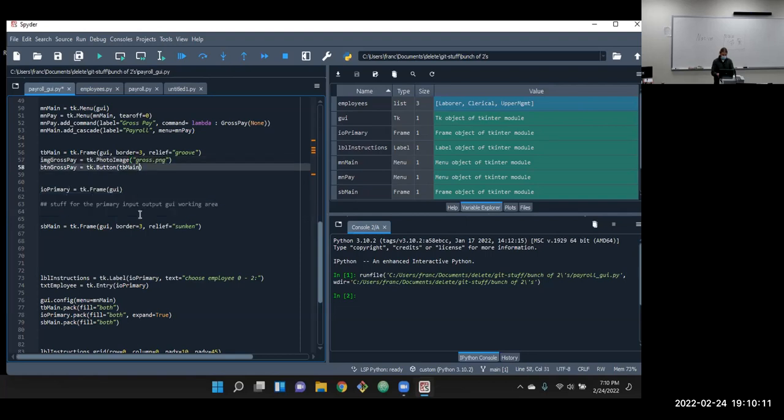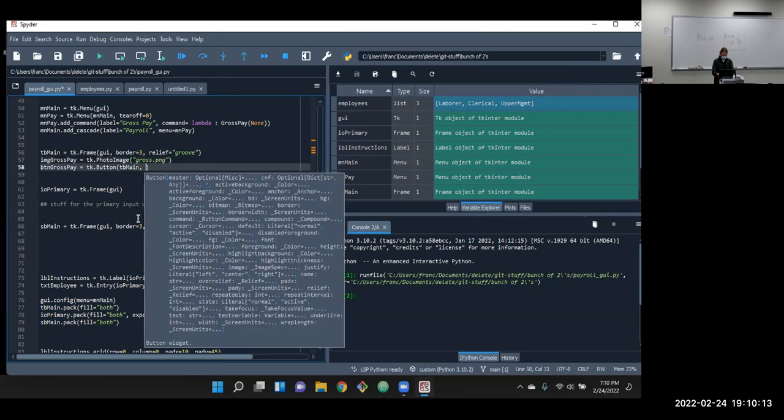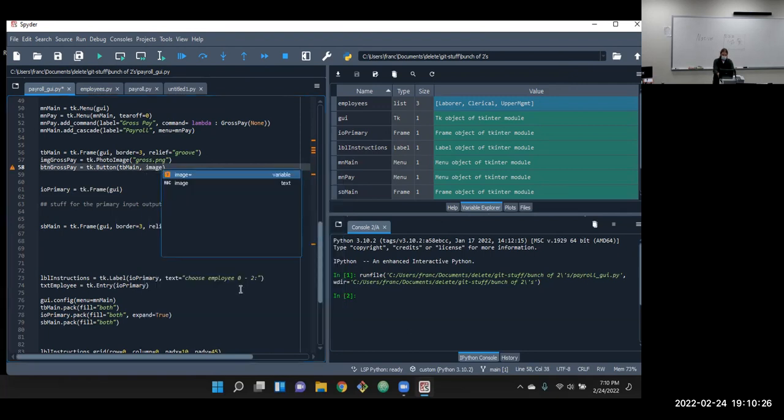So now instead of text on our button, we want the image attribute, I think. I'm suddenly drawing a blank. Oh, yes. The button recognizes image as a correct attribute in that spot. So our image attribute equals that IMG gross pay variable.